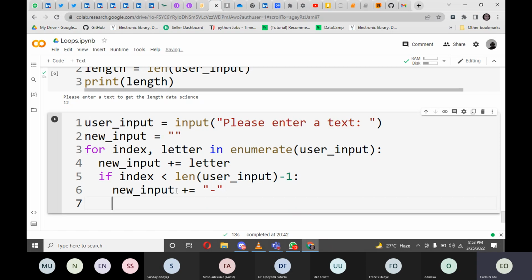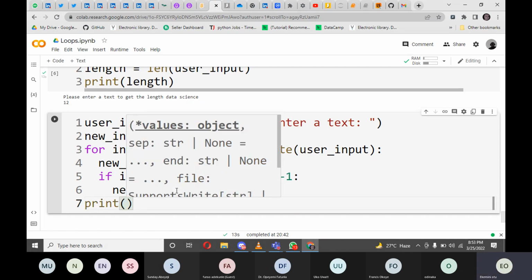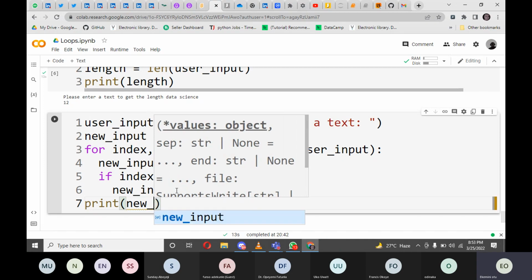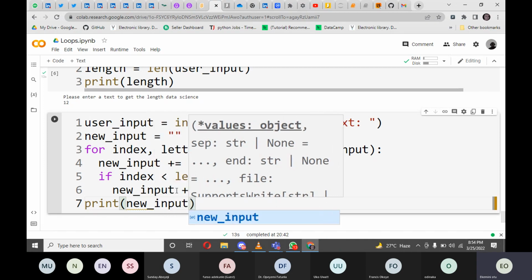Yes, we are interested, but anything that is done, we just want to leave the loop and come out of it, and let's see the actual result. So we're going to print what? We're going to print the new input, because that's where everything happens. That's where all the manipulations happen. So by the time we do this and we decide to run this,